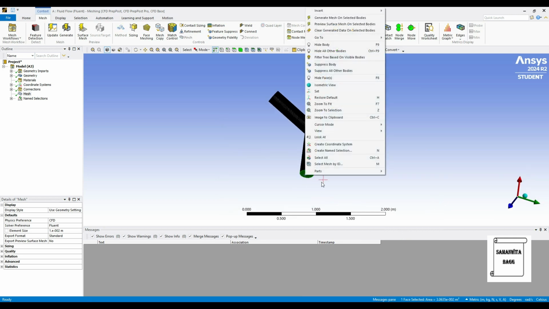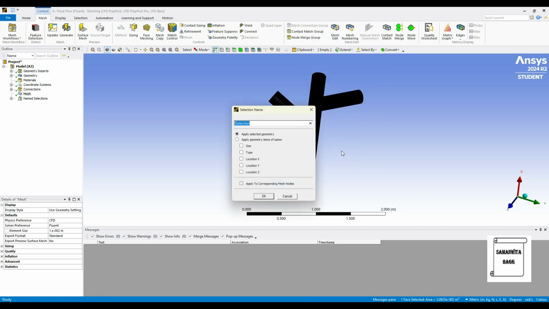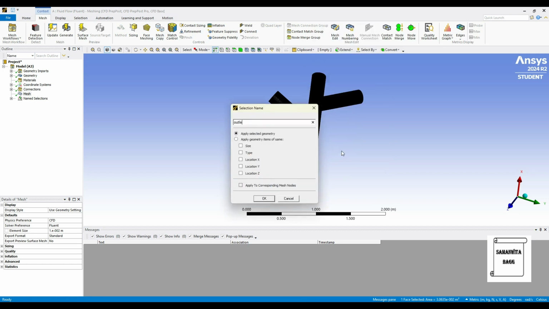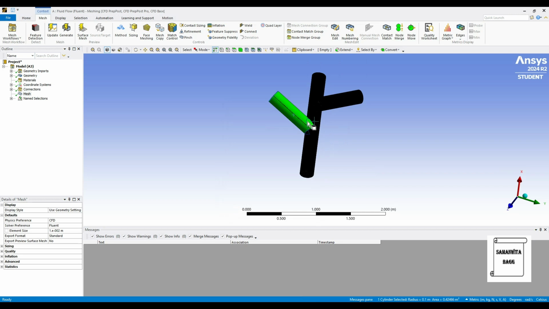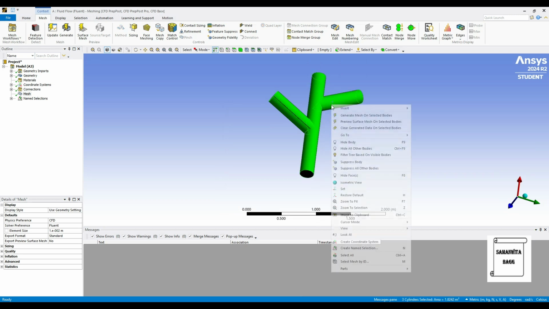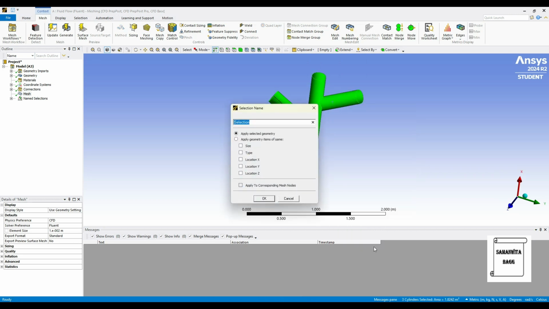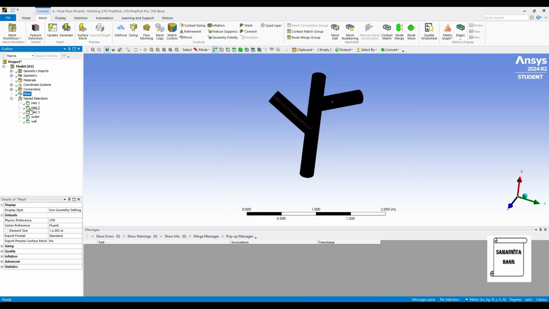This is the outlet. And this is the wall. You can see here all of them have been created.